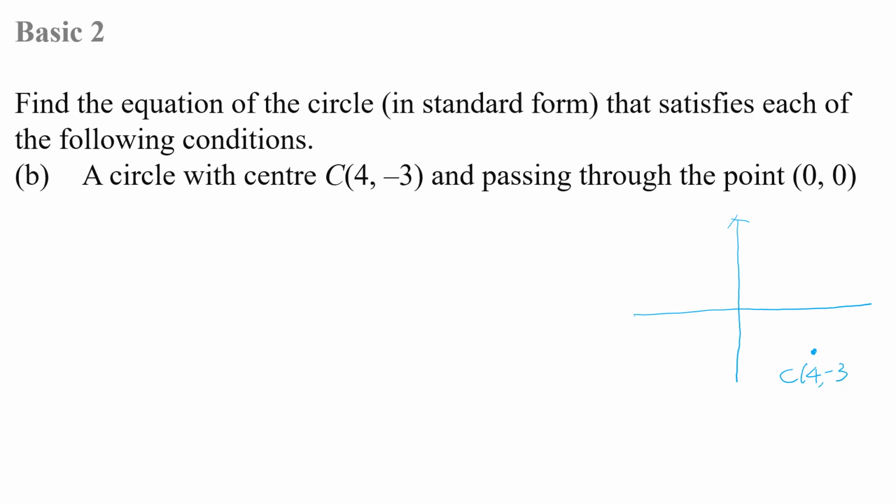And it passes through the origin. It passes through the origin means the point (0, 0) lies on the circumference of the circle. So this is basically how it looks like. From this particular point here to the center, this will give you the radius of the circle. So I'm going to show you two different ways of doing it. All right, the first way